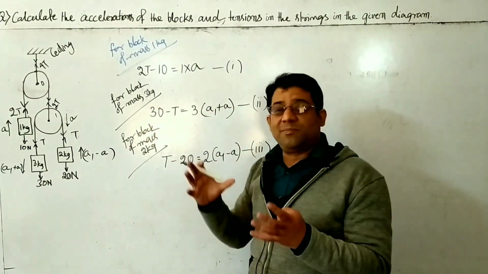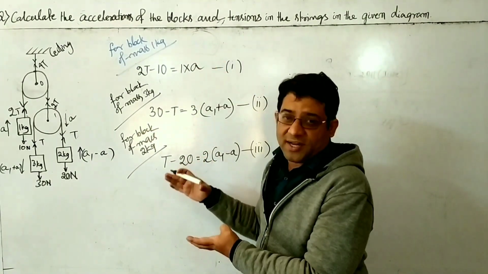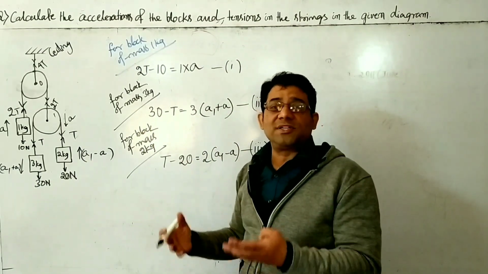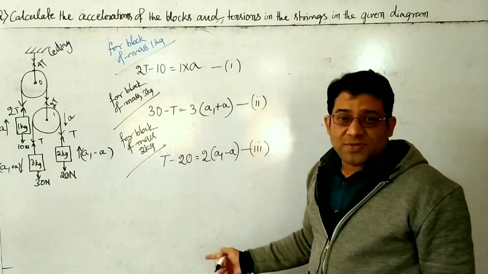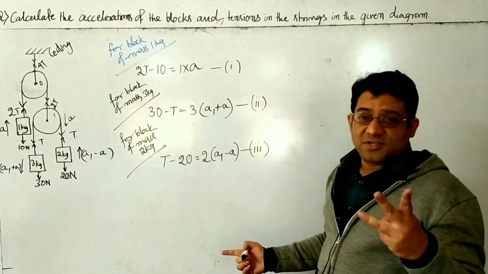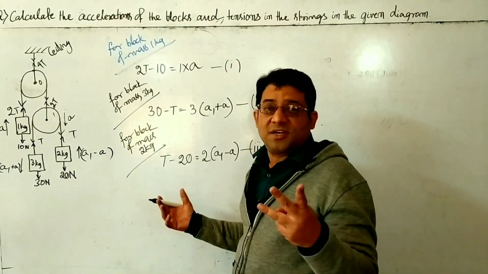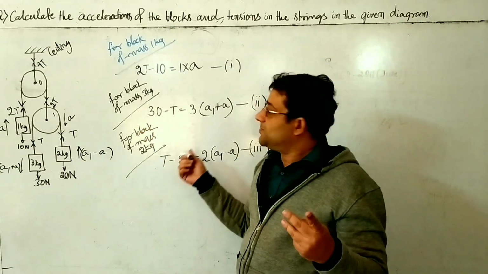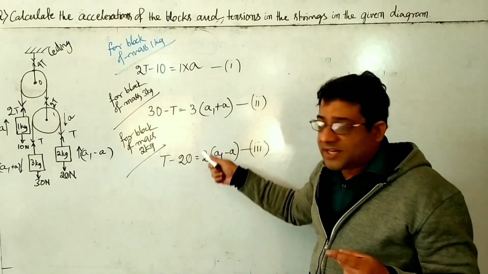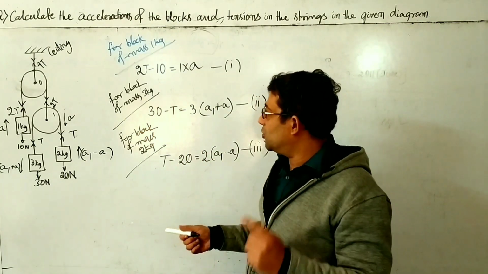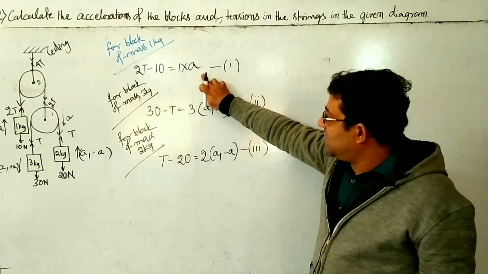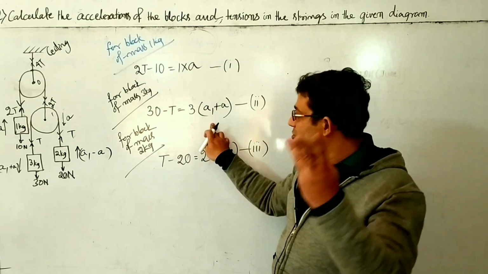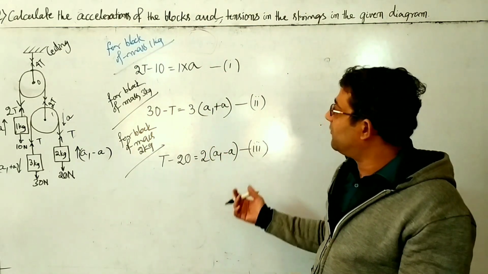So by now we are good enough with the equations. Whatever equations can be made, we have made already. Now it is just to solve the equations and get the answer. How many equations are we having? We are having 3 equations. You have solved a lot of linear equations, right? If we are having 3 equations, we can find out 3 unknowns. How many unknowns are present in these equations? The tension T we don't know, acceleration A we don't know, and A1 we don't know. 3 unknowns are there, 3 equations are there. We can solve and find out, right?